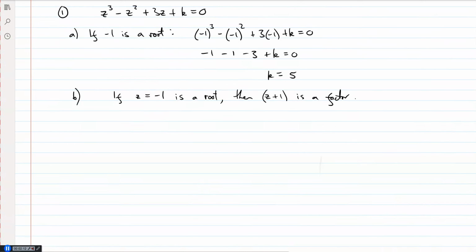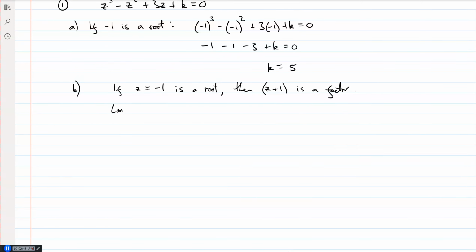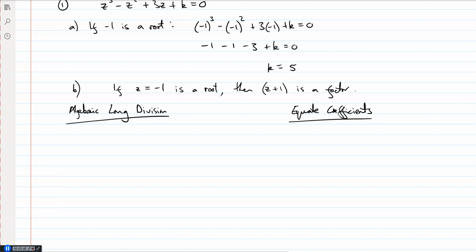So there's 2 ways of doing this. Either I can do algebraic long division, or we can do our equating coefficients method. It's good to be good at both of these, is what I'm trying to say, because then you've got different strings to your bow. So if z plus 1 is a factor, we now know that k is 5,